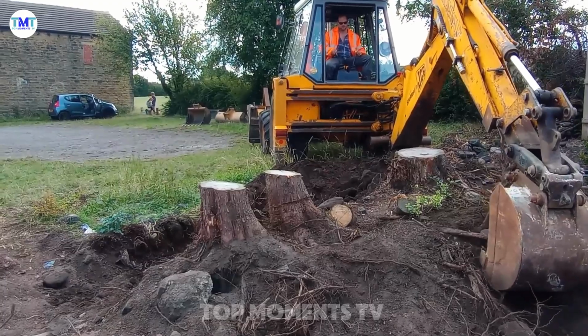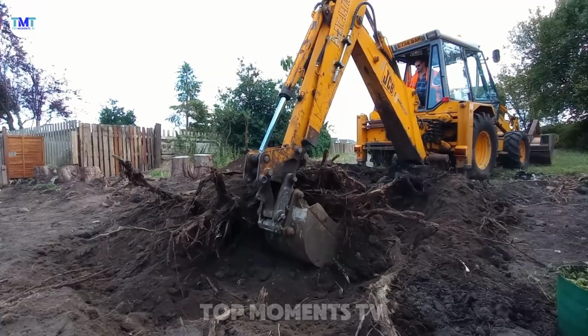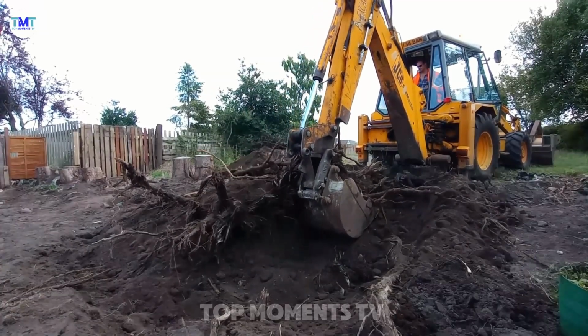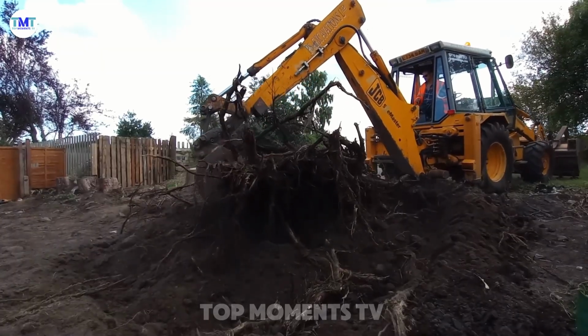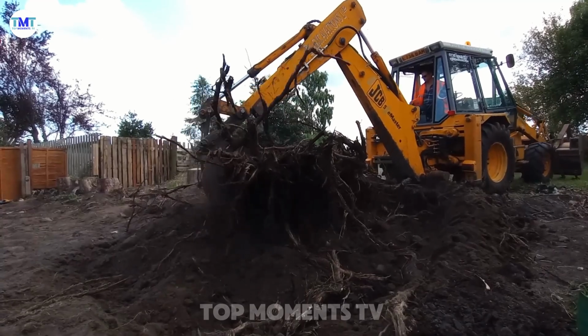But with the JCB 3CX, its powerful backhoe, hydraulics, and deep digging make quick work of even the most stubborn stumps. An ideal solution for clearing and preparation for